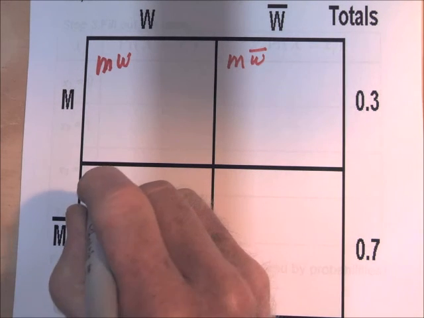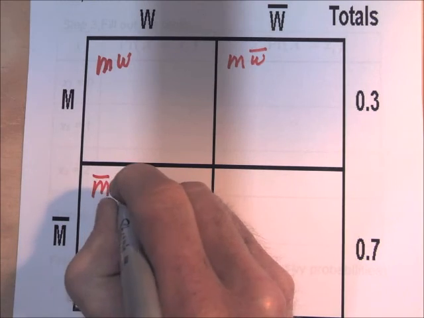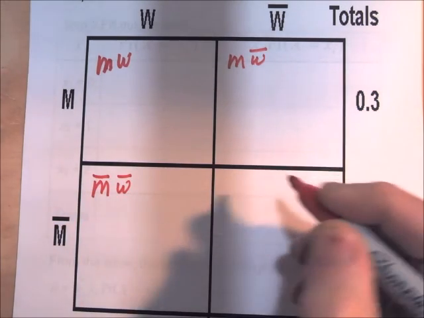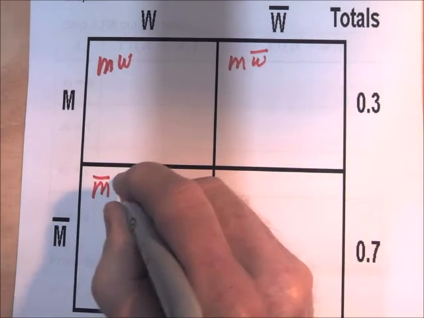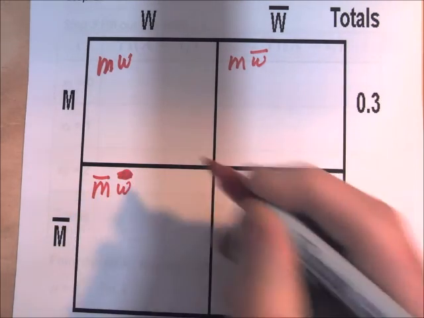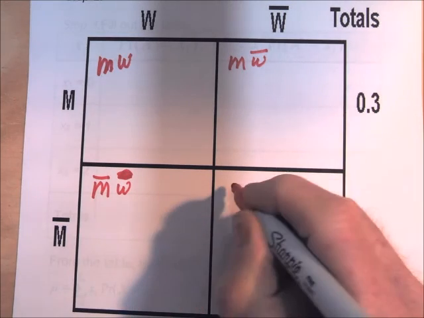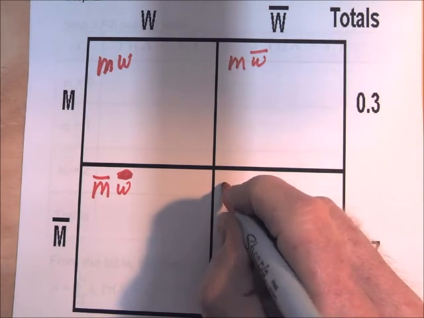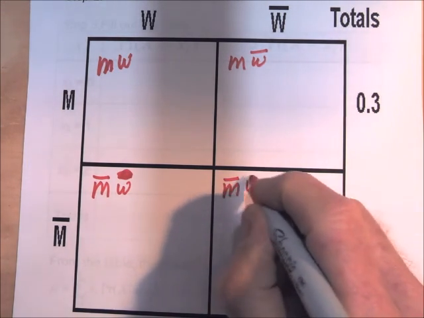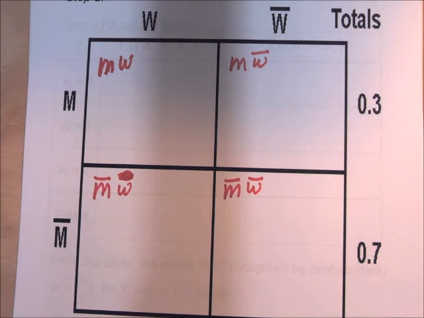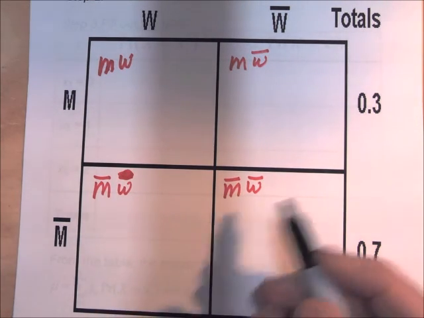Here we have the M bar row, W column: a man is not hypertensive, the woman is. And this is the M bar row, W bar column. Neither one is hypertensive. Okay, so for this position here, again, it's the column total times the row total divided